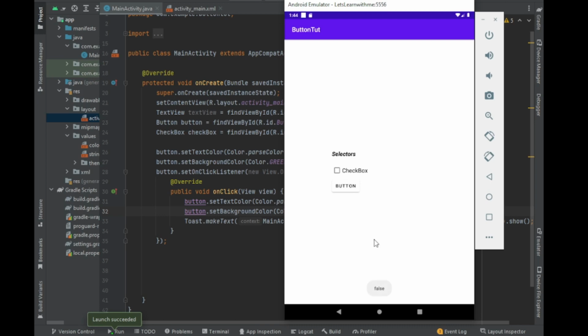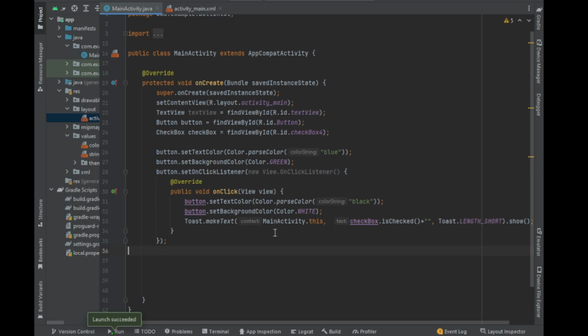Now when you click here, it becomes true. When you click on the checkbox, it will become true when you click the button. So we are reading the checkbox value, whether it is checked or not, and displaying it as a toast. So I think you understand the checkbox